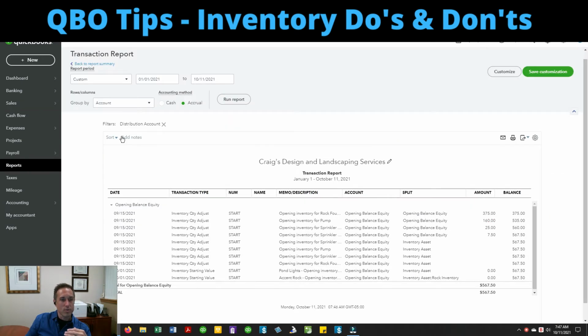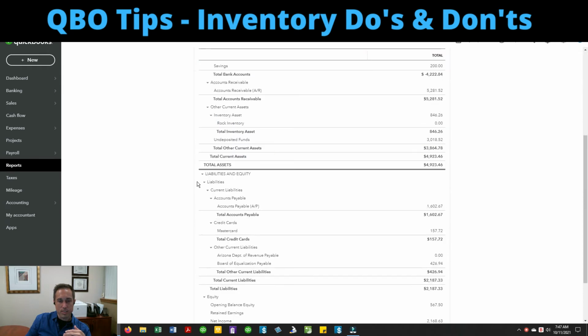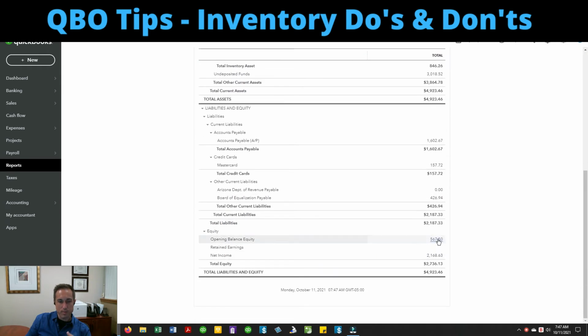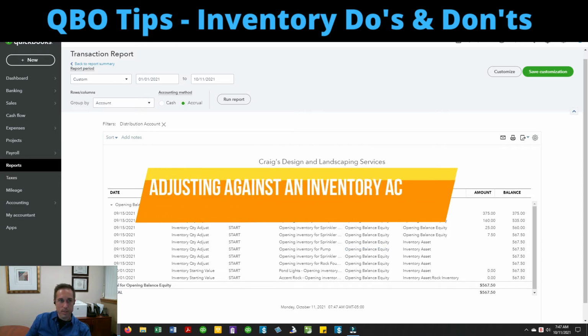If I go out to my balance sheet account here in Craig's Design, we can see some incorrectly posted inventory transactions to opening balance equity. Those are wrong. And if we post an adjustment to another inventory asset account, that can throw off our inventory valuation report.